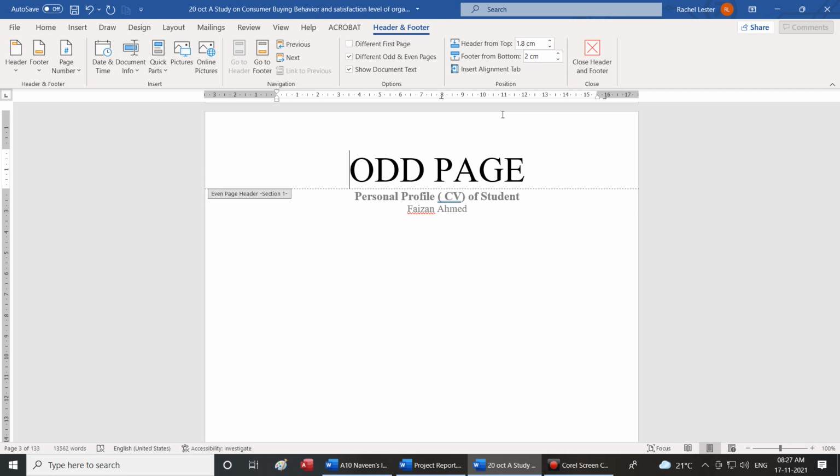They are A, header from the top. B, footer from the bottom. C, insert alignment tab.